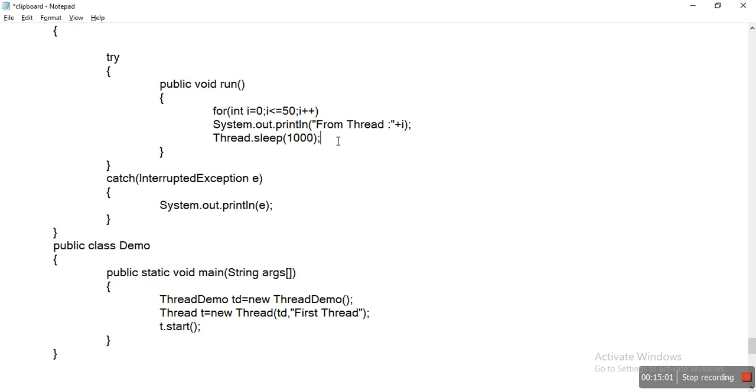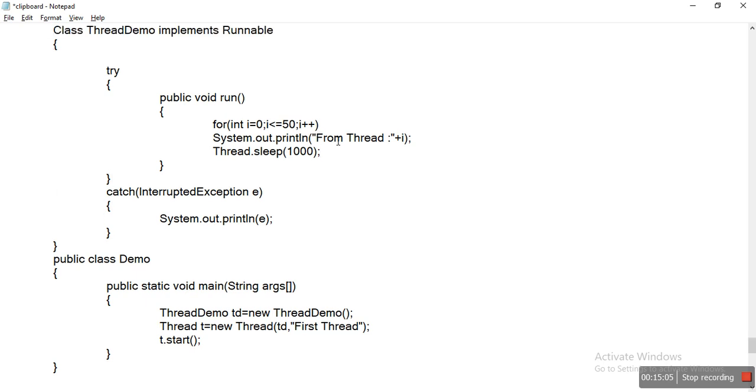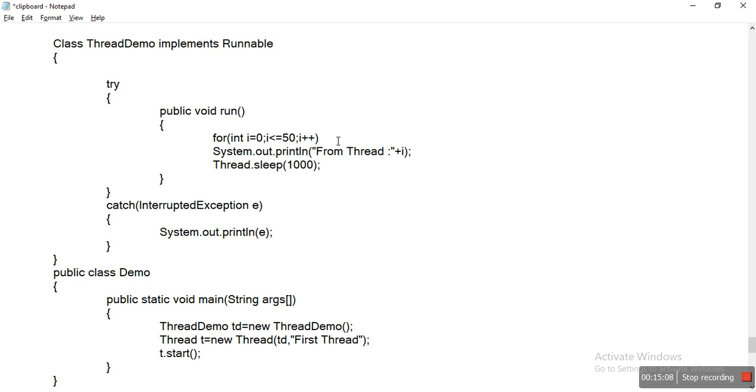Thread ends. Okay, so this is all about how to create a thread by using the Runnable interface. We'll see one more method, how to create a thread by extending the Thread class.